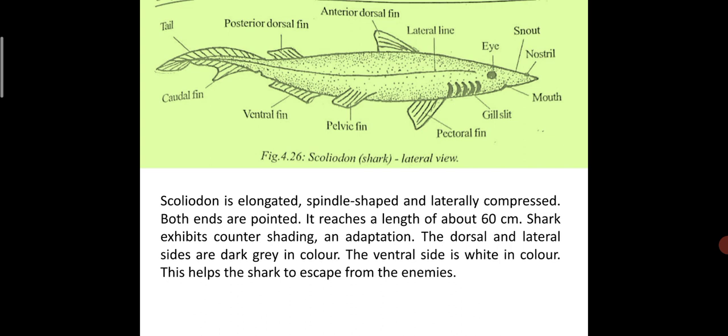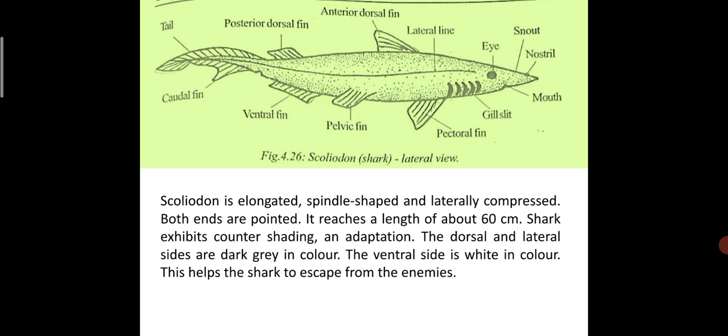So Scoliodon is a cartilaginous fish. Cartilaginous is known to you because we have seen the classification of fishes, differentiating cartilaginous and bony fishes. It is included under the class Chondrichthyes. Scoliodon is commonly also called the Indian dogfish or shark, and it is a marine form, fast swimming, as well as carnivorous in habit.